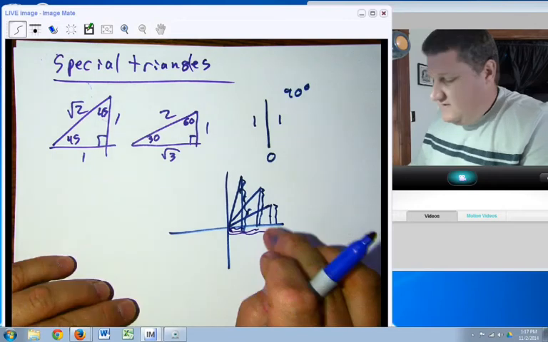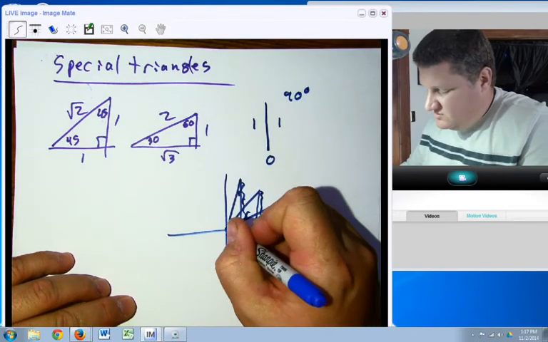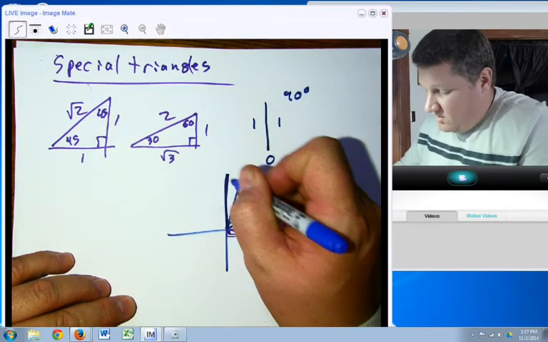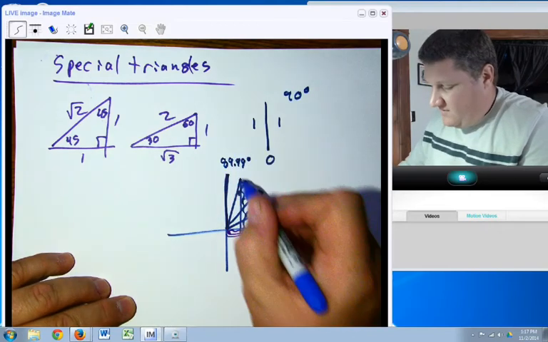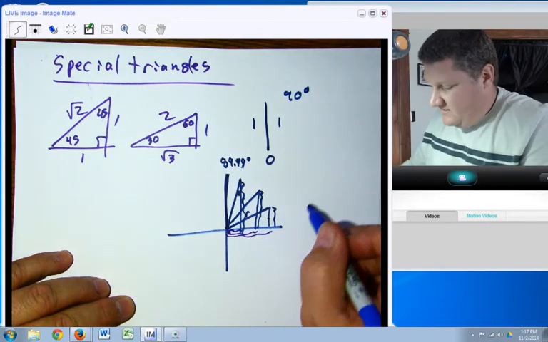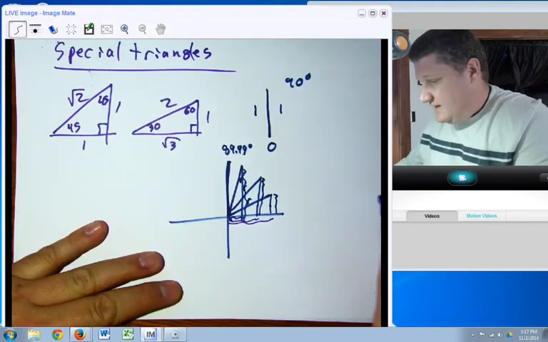By moving this up through, eventually you come to a place where if it were at 89.99 degrees, what you would end up with is a triangle where the opposite side